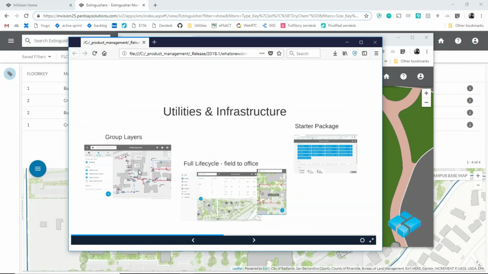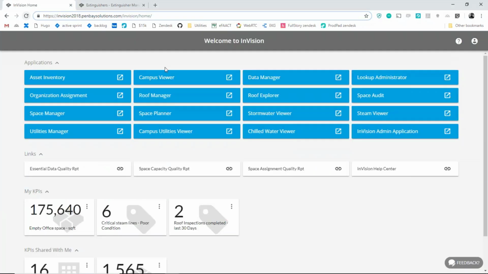So the second thing that we look at today are utilities. And as Stu mentioned, we have at the 18.1 release a utility starter package. That will help us understand Asset Manager as well as a couple other new capabilities. So if I go back to InVision Home,